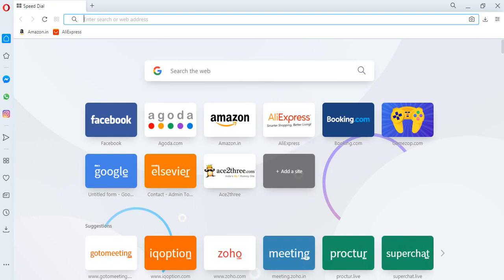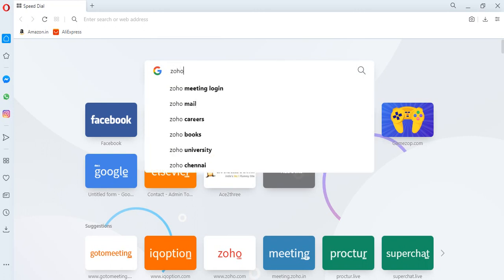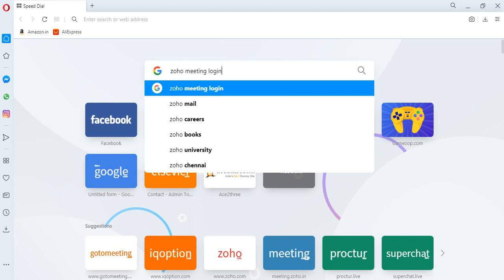So how to use the Zoho Meeting app? For this, in the browser of your computer, go to the Google search bar and type Zoho Meeting login.